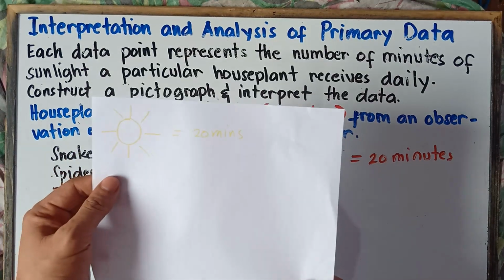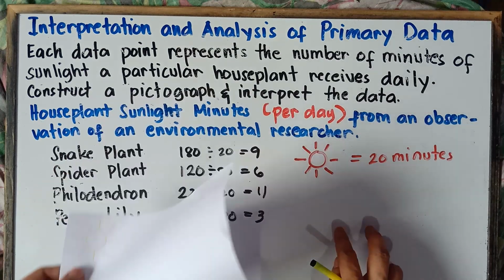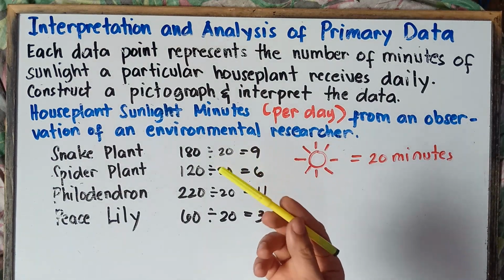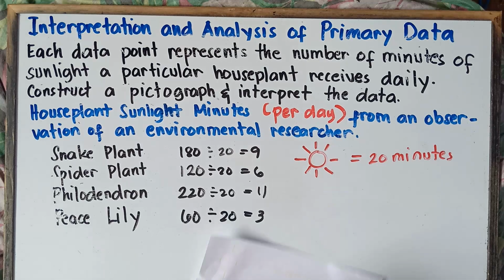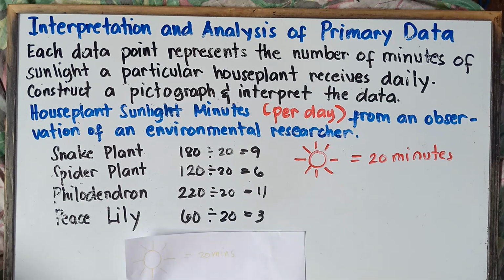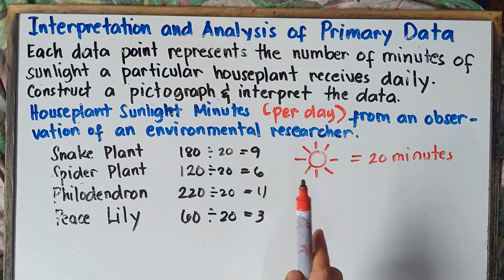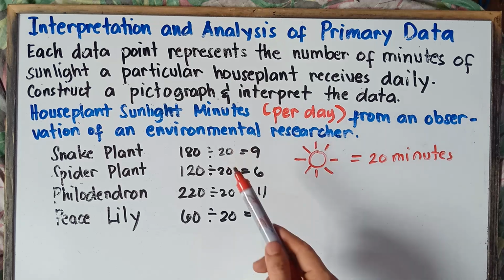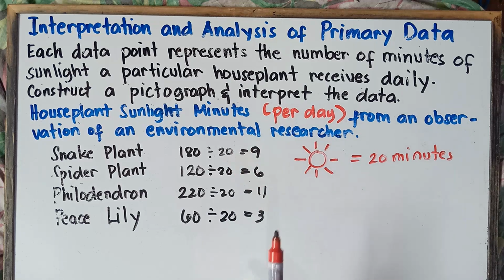It's working in this white paper. We have a yellow sun, but on this whiteboard, class, this yellow pen is not working. You cannot see this one. So I will be using this red one, assuming, class, that this red one will be our sun. Once again, the sun should be yellow, but since I don't have my yellow marker, let's assume this red marker will be our yellow marker.